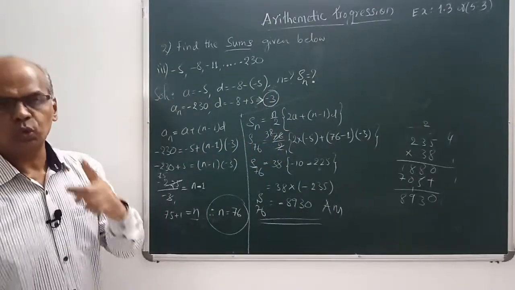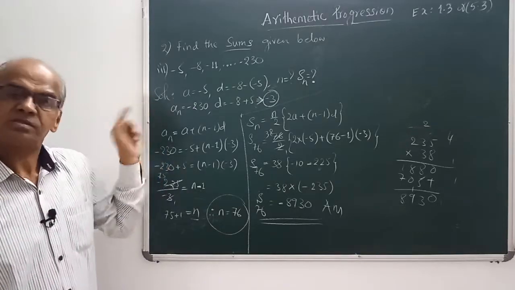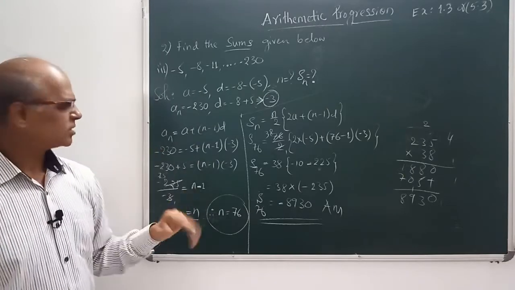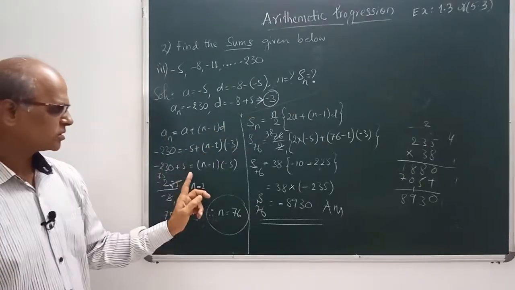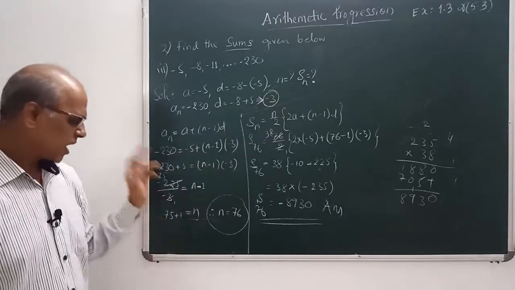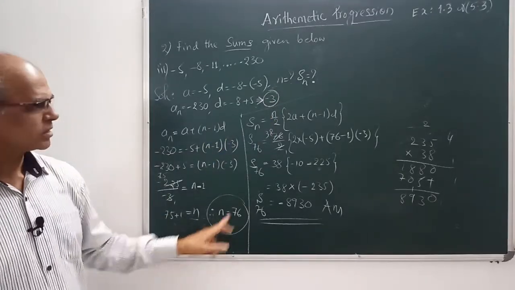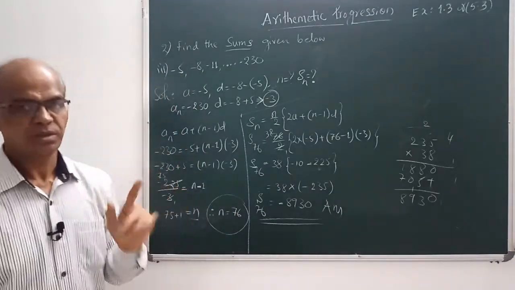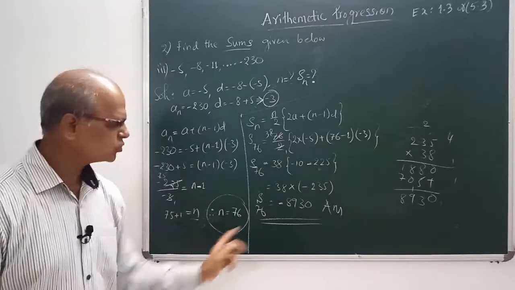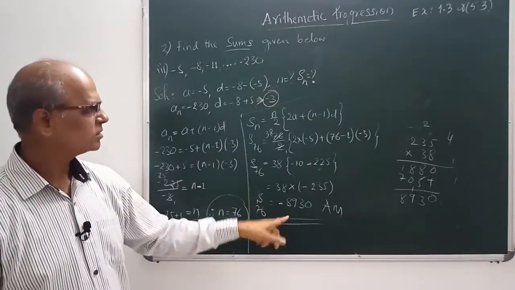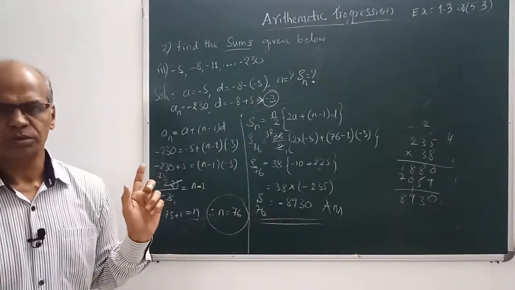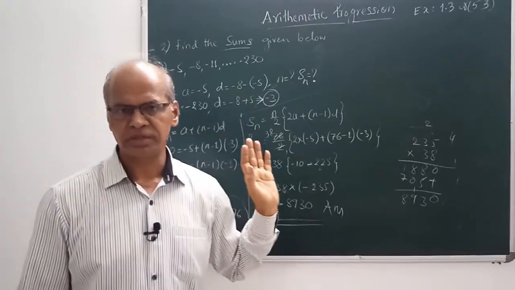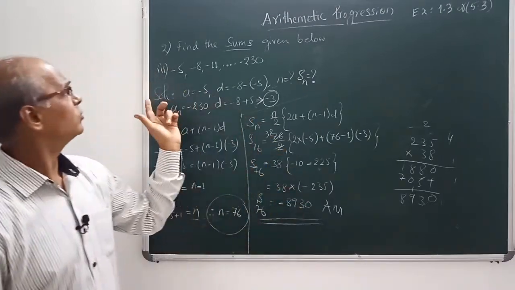The balance one sum you have to do. That is the second sum. First I have done and this is the third I have done. See here. This may be for a 2 mark sum. First one they will give 1 mark, that is for finding out the D. The other one is N, 1 more mark, and final answer here 1 more mark. Maybe 2 to 3 marks. If it is 3 marks, this is how they will split the marks. Your final answer this and this. Understood? Steps: first find D, second step find N, third step find S76 or Sn. Okay, I will go for the third main now.